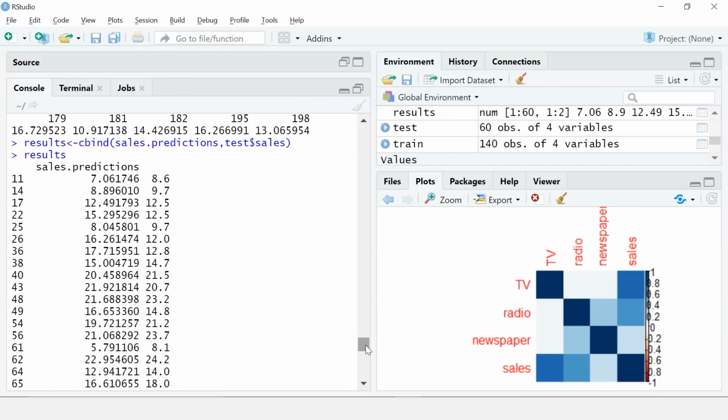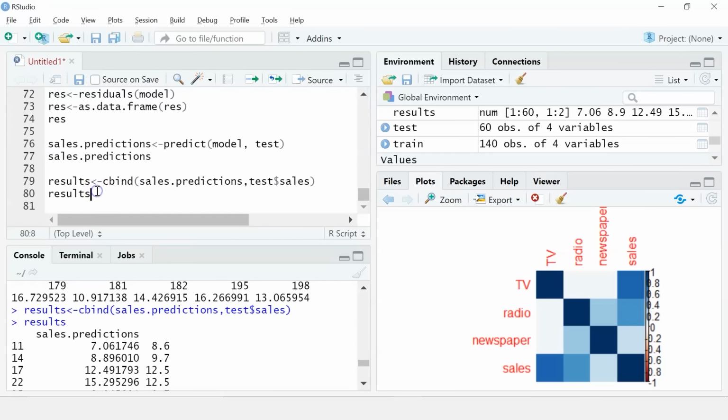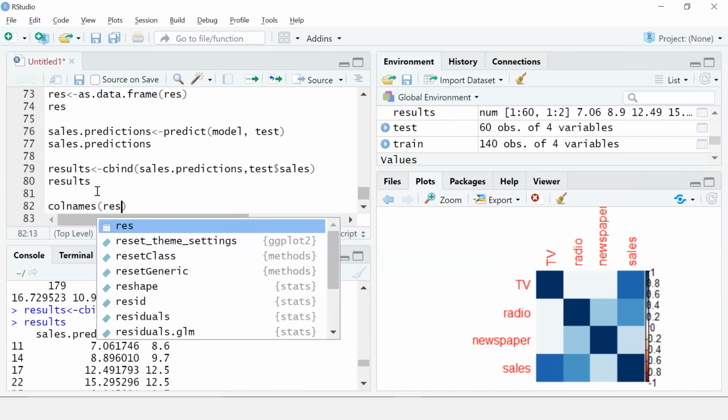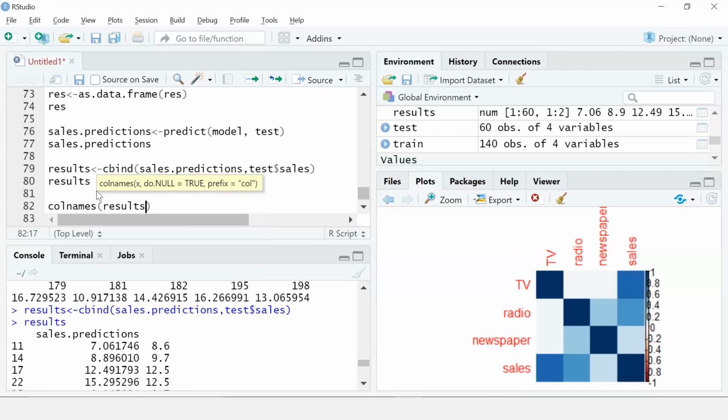have any name assigned to them. So let me go ahead and assign the column names using the colnames function and convert it into a data frame to make it look better. So I'll use the colnames function and pass in my results variable. Then I'll take a vector and give the column names as pred for predicted values and let's say real for the original values.